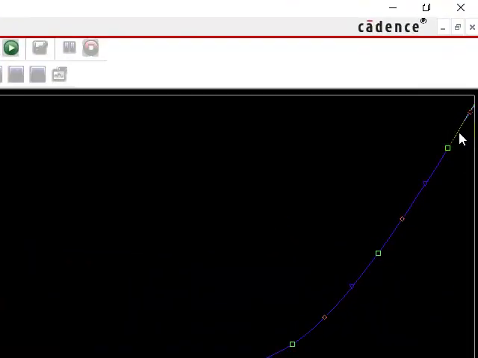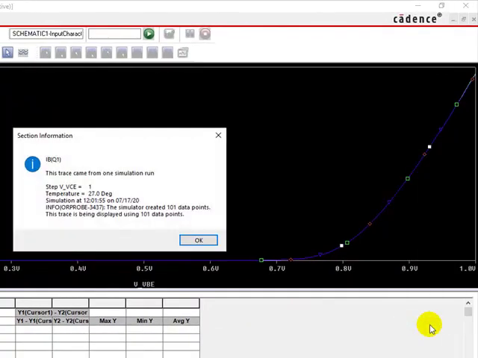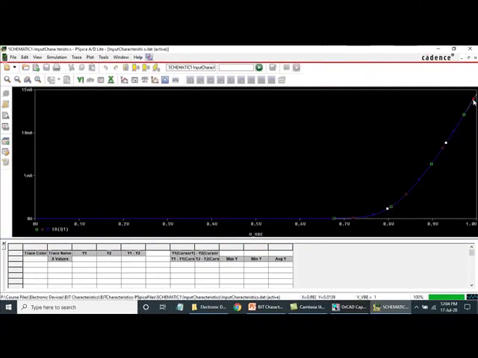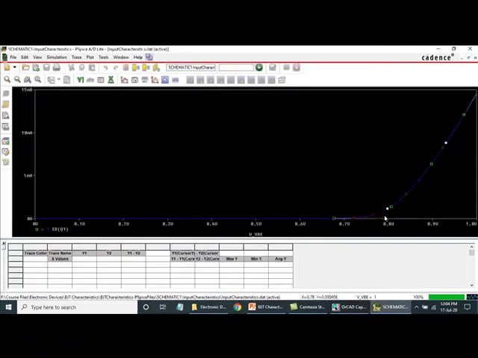You will have to get it from PSpice. In order to get it, I'll select this blue color graph. I'll just right click on this and click on trace information. So that graph is for VCE equal to 1 volt. Similarly, you can click on this green graph. It is not possible here. I'll show this in the output characteristics where graphs are very distinct. So this is the input characteristics. As you can see, above 0.7 current is rising.